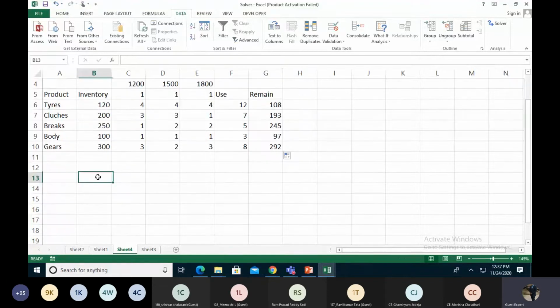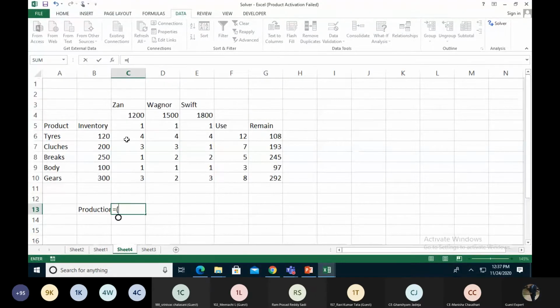So my total production, I'm taking 1200 into 1. This $1,200 is the price of the Zen. If one Zen is $1,200, then plus bracket 1500 into 1, plus bracket $1800.